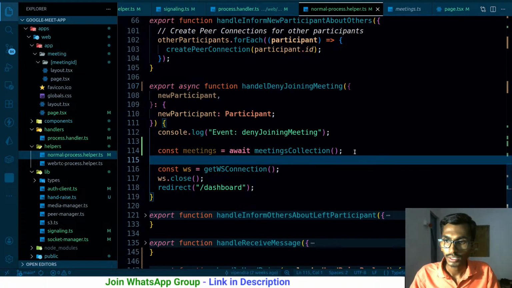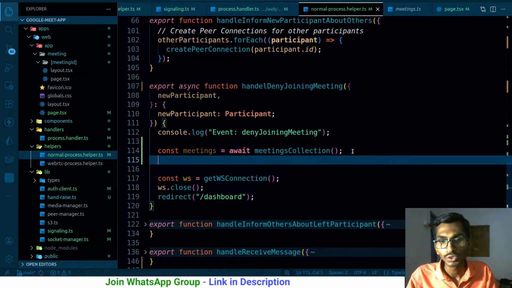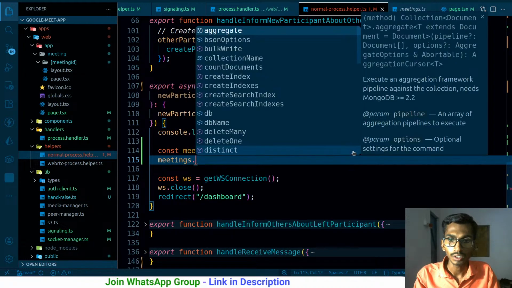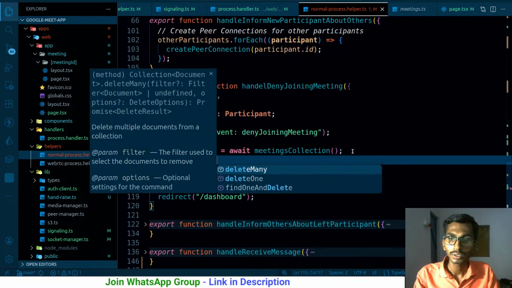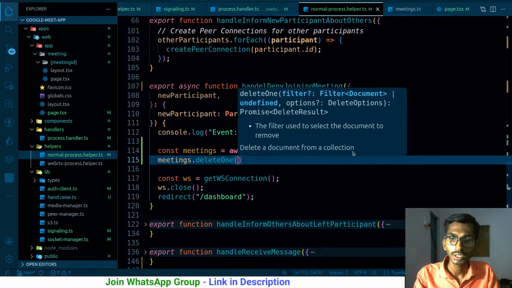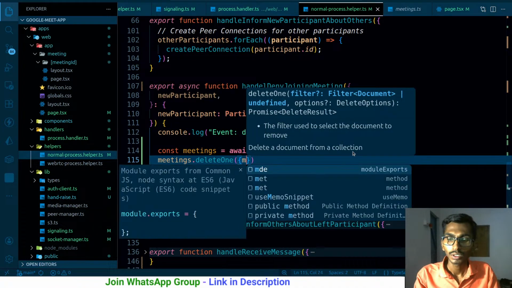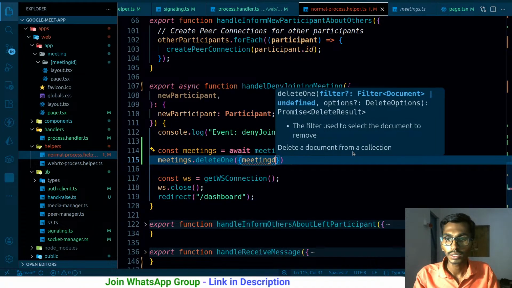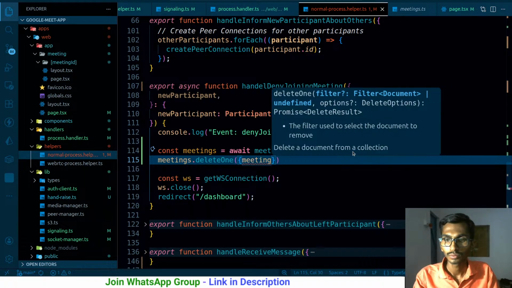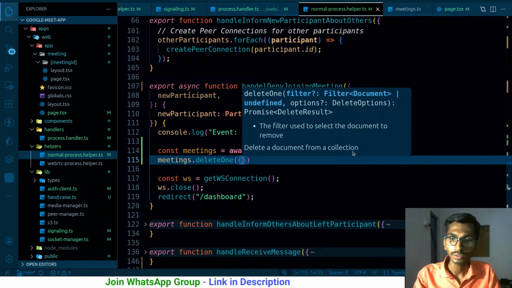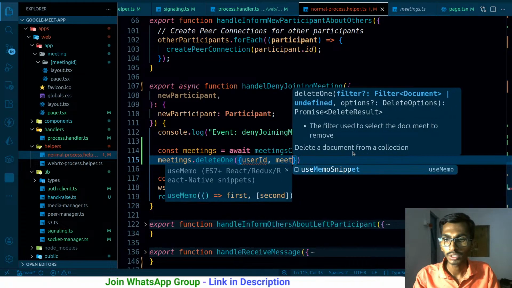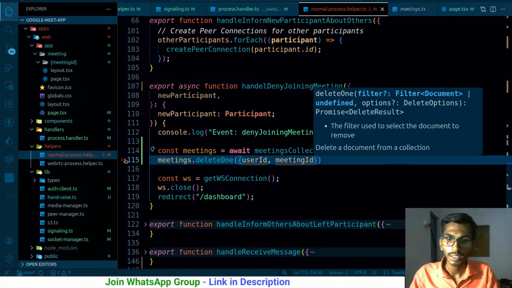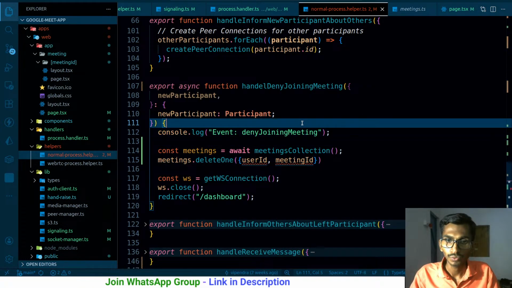Just like this. Once I have this, and the user is actually denied, so that entry should be removed from the database. So meetings dot delete one needs to be deleted. What is gonna be the query? Where meeting ID is gonna be, let me do one thing, user ID, meeting ID, just like this. And of course I need to await it, but before that,